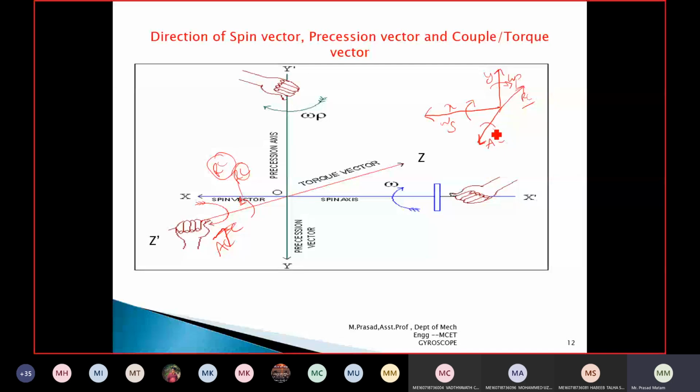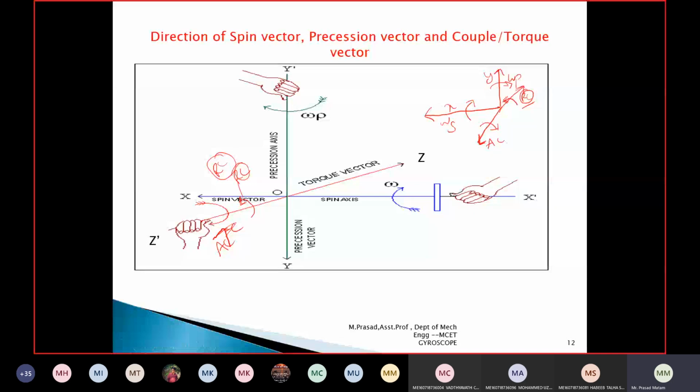When it rotates in the clockwise path, the reactive couple has to move upward. How can it move upward? When it moves opposite to the active couple. Only when it moves opposite to this is it moving in the upward direction. Always we consider the direction of the reactive couple for the analysis of the gyroscopic effect.